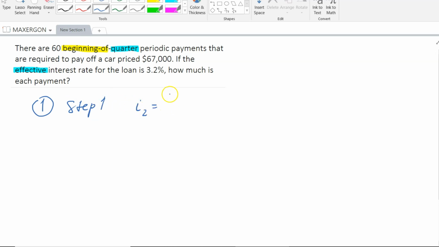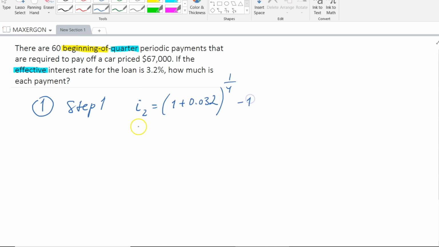I2 is equal to 1 plus 0.032. It would be divided by 1 here because that rate is effective rate compounded annually. I don't write division by 1 here because dividing by 1 doesn't change the number. The exponent is going to be 1 over 4 because there are 4 quarterly payments. We're converting 3.2% compounded annually to a rate, I2, which is going to be periodic rate, but compounded quarterly, minus